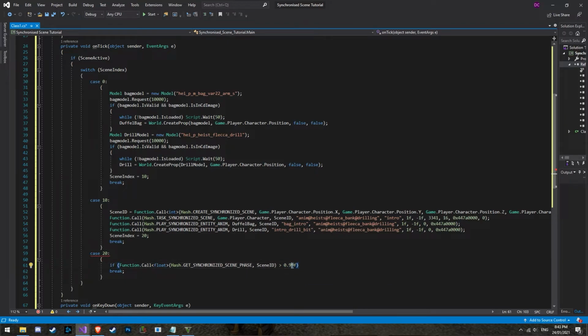So once this is pretty much at the end, we could even just do 999, which will still work, but that's more precise. So pretty much it'll keep looping this until it's at the end of the synchronized scene. I found this works better than get is synchronized scene finished, because sometimes there's issues with that. Pretty much if we do this, then what we can do is just do